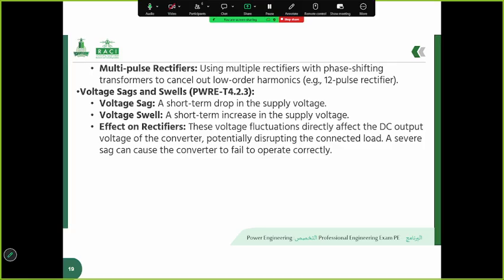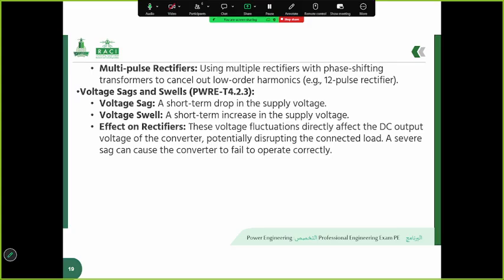a 12 pulse rectifier consists of two 6 pulse rectifiers supplied by transformer windings that are phase shifted by 30 degrees. The resulting DC output is smoother and the harmonic content drawn from the AC supply is significantly reduced. So this makes multi-pulse rectifiers highly suitable for industrial systems and HVDC transmission where both efficiency and power quality